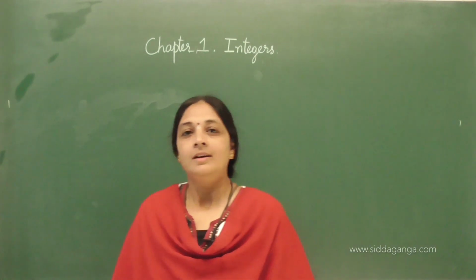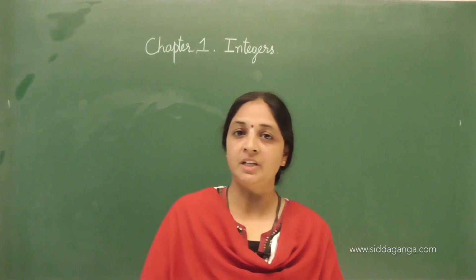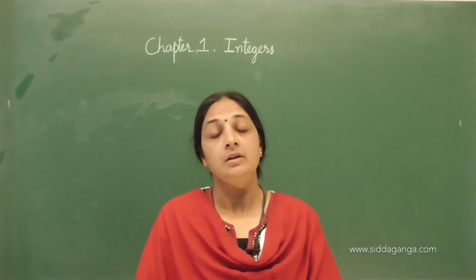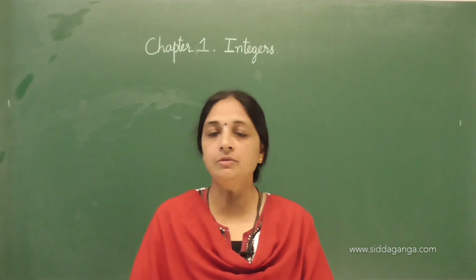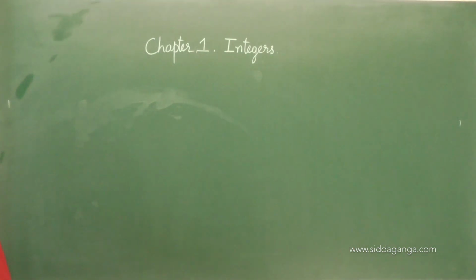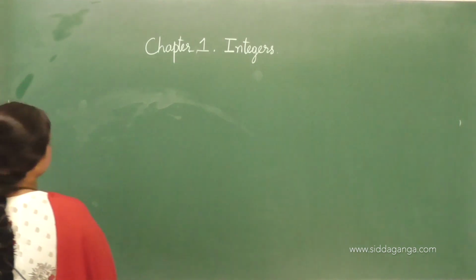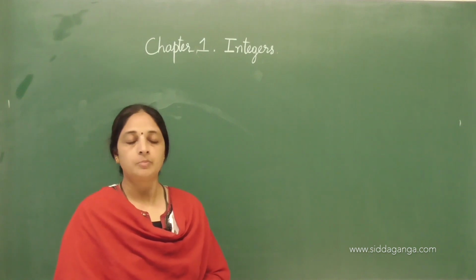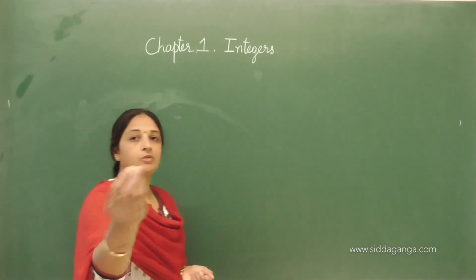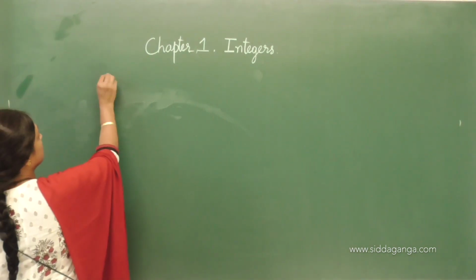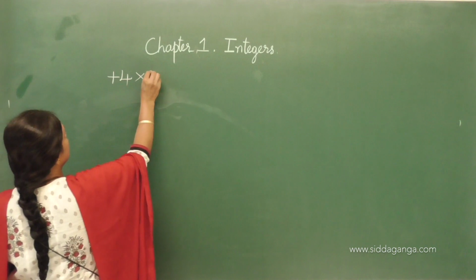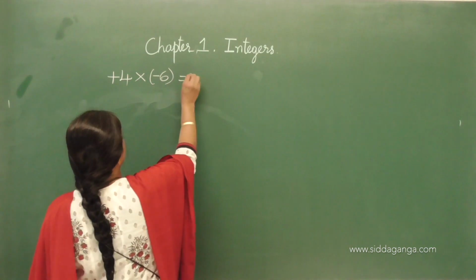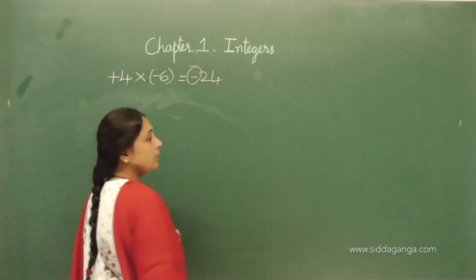What we discussed in the previous class, we discussed exercise problems, and also we learnt about integers, multiplication of integers. What did we learn about the multiplication of integers? We learnt multiplication of one positive and one negative integer. What do we get when we multiply a positive and a negative integer? We get a negative integer. It's minus 4 here, a negative integer.